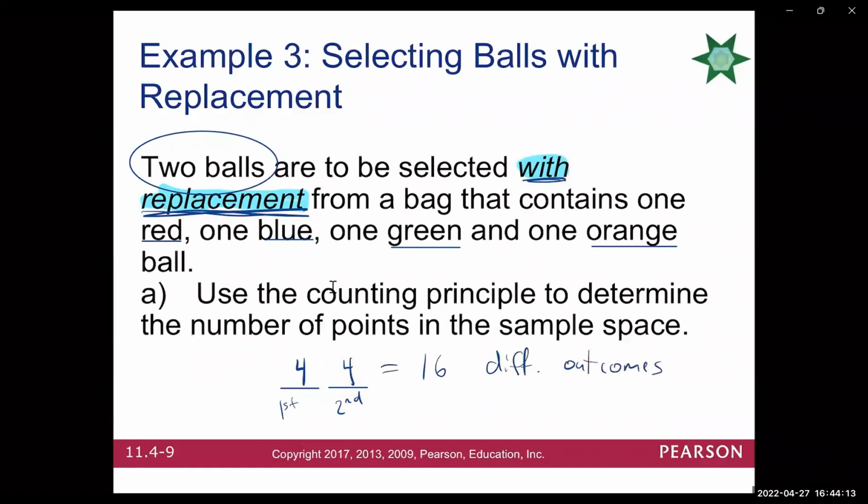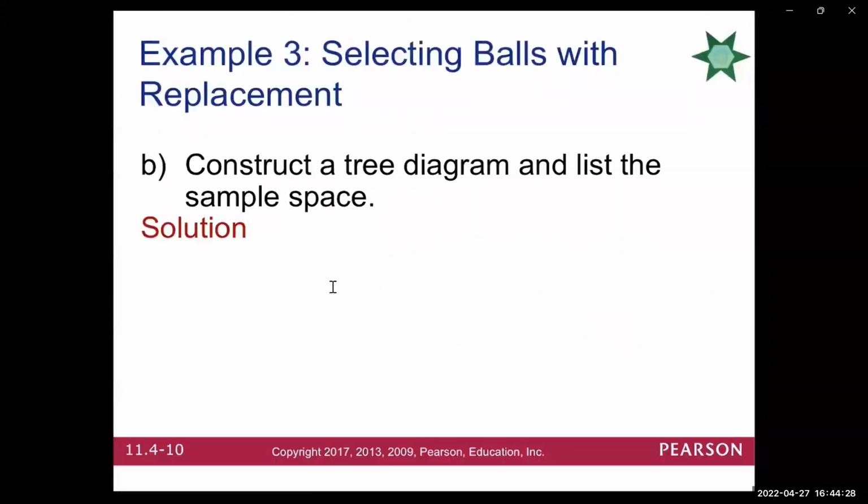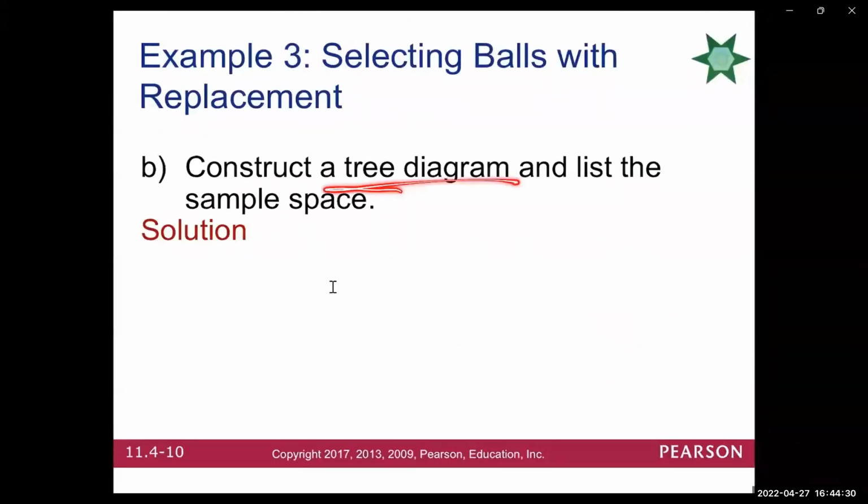So this tree is going to be pretty large because it's going to be 16 total. So I have to draw this kind of small. All right, so we'll use R for red, B for blue, G for green, O for orange. All right, so let's try this. They want you to construct a tree diagram so that we can list the sample space. So for the first time that you reach in for a ball, you're going to have 4 possibilities: red,